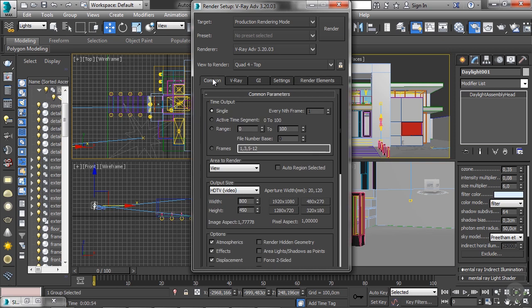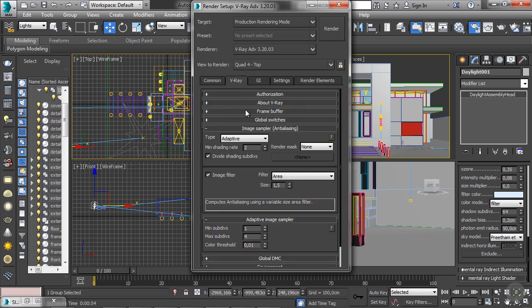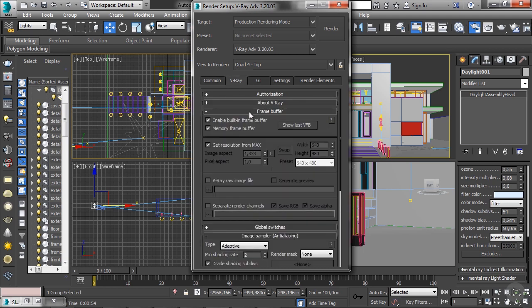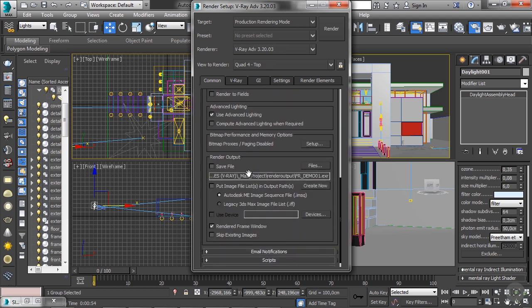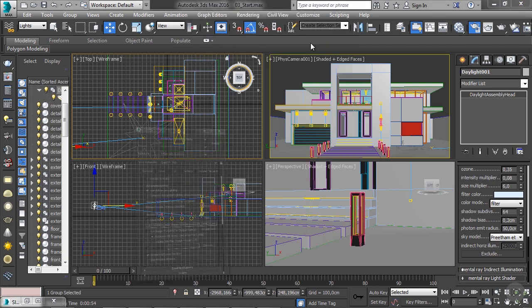And when it comes to saving automatically these images, you have only one option. You have to disable the V-Ray frame buffer. So if you want to automatically save both the image and the render element, you have to disable the frame buffer. Once you do that, Max will save automatically based on the settings that you have here. Okay? So now that we've done that, let's change back to the resolution that we were fixing in our previous